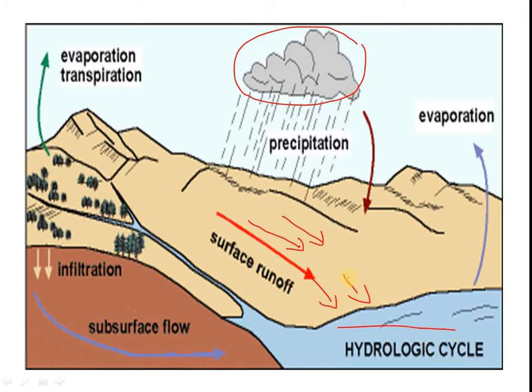Then this will form as water on the surface, and this water will go through evaporation and transpiration by the heat of the sun, and some water will go to the ground levels, that will be formed as infiltration, and this infiltration is nothing but subsurface flow. It also mixes into some of the rivers or oceans, and it will come to the downward regions under the ground levels, and this water will also evaporate as the climatic seasons change, okay,